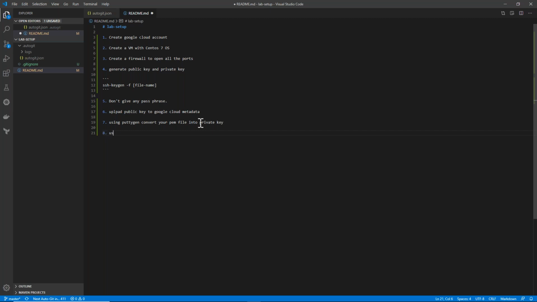In the background, SuperPuTTY is using the same command. ssh -i, your PEM file, and then username@your IP address.